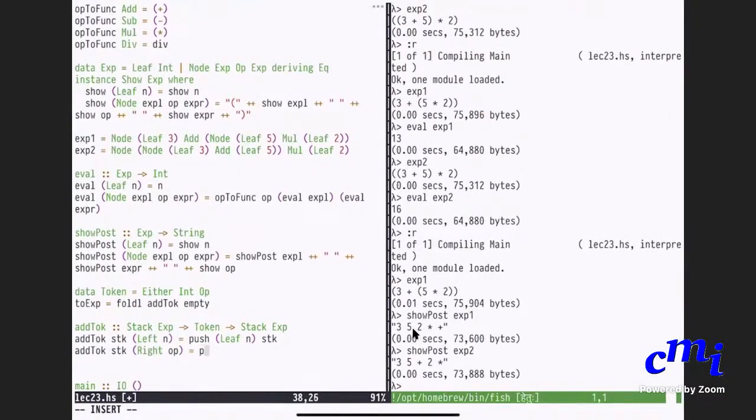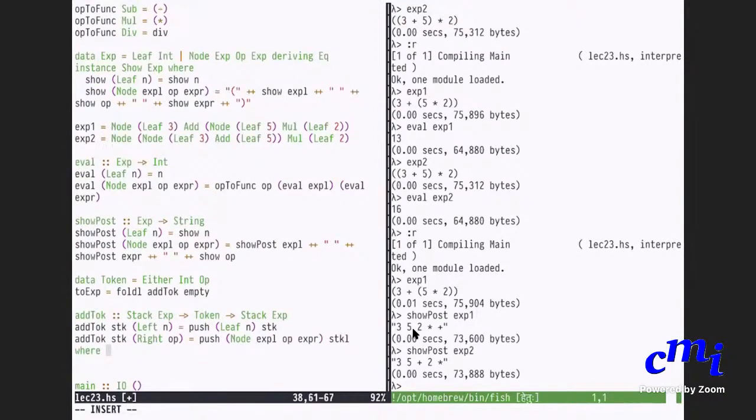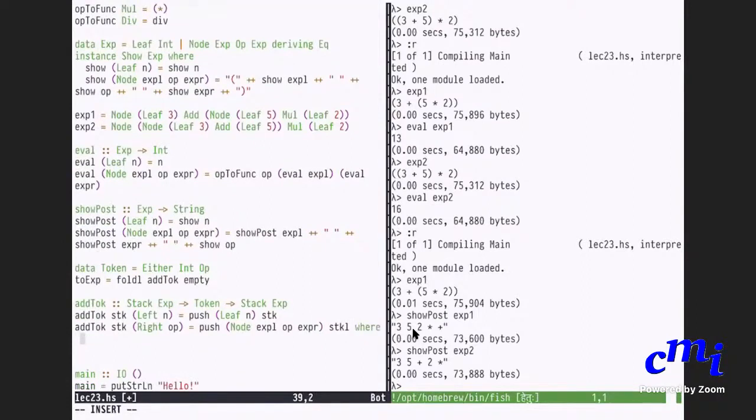So basically, you want to say push node, okay. You want a left expression, left, op, expression right, onto stack 2. I'll tell you what stack 2 is. Where stack L, the stack L is the popped one. I mean, the first element removed.